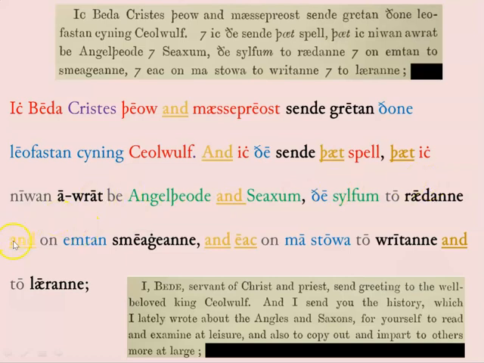Okay, let's keep going. And, a coordinating conjunction. Coordinating conjunctions join clauses of equal grammatical weight. Subordinating conjunctions add a subordinate clause to a main clause. So we have "on, emtan, smeya yana," okay, to consider, to pause, to examine. And then here, notice the verb at the end there. And emtan, leisure and so on, is in the